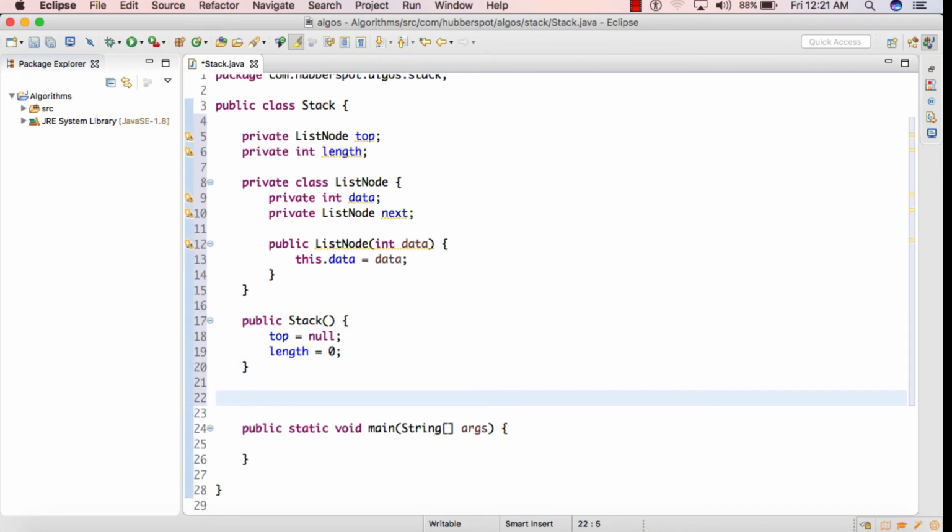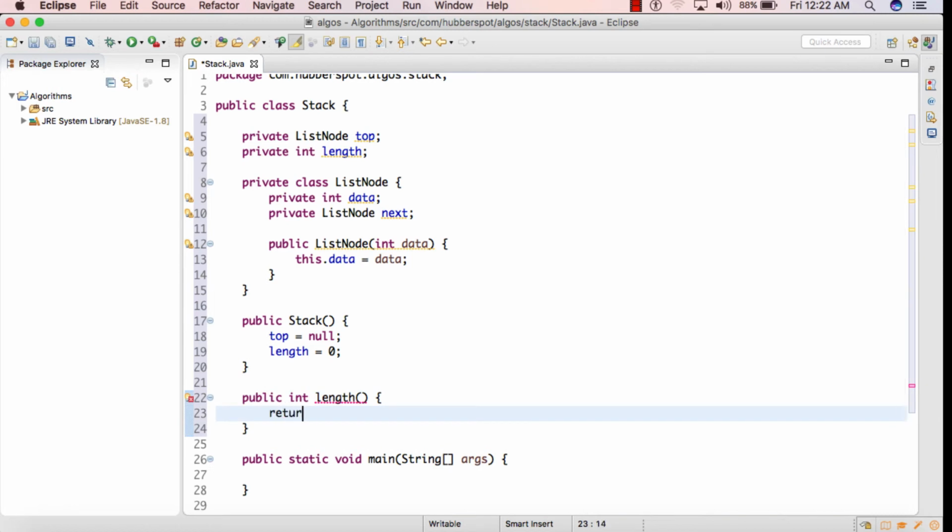Friends, we will also create one method by name length, which will return us back the length of the stack. So public int length, return length.